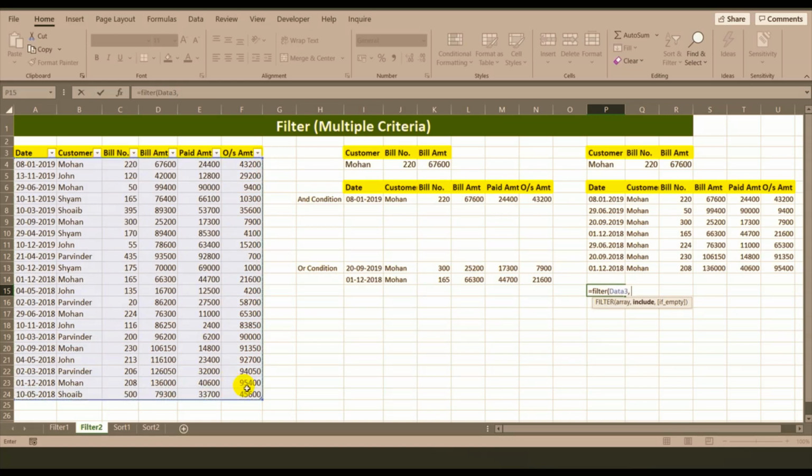Now we will see the conditions. Bracket customer name is equal to Mohan, bracket close. Now we will use plus sign in place of asterisk mark, because plus sign denotes the OR function and asterisk mark denotes the AND function. Now we will use the open bracket and we want to get the bill amount